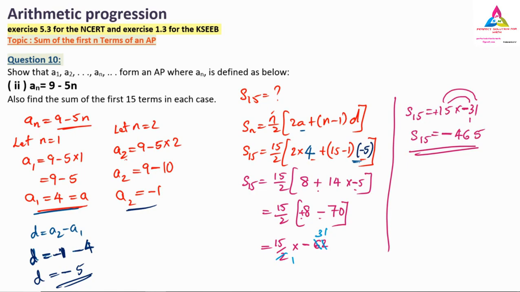This is the one method of finding the S15. One more method we have, that is Sn is equal to n by 2 into a plus an. Then we have to find the A15 value, because we want the last term. Once you have to try that method, whether you are going to get the same answer or not, you have to check it, verification. Any one method you have to follow. So again I will not solve that method, because you have to try it once. If you have any difficulty, then I will solve it in my next video.